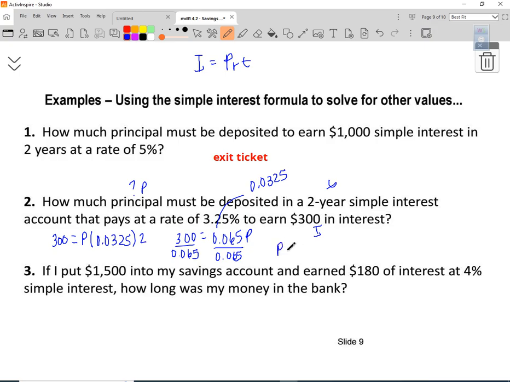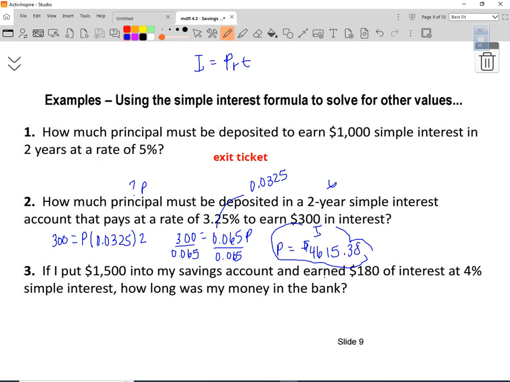And we will find that the principal amount that we would need to deposit if we want to earn $300 in interest should be $4,615.38, rounding to the nearest cent. So this is what you have to put in the bank if you earn this interest rate and you're going to leave it in there for 2 years. So for number 3,